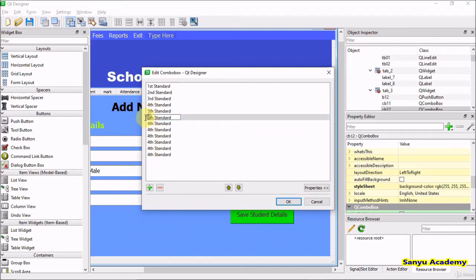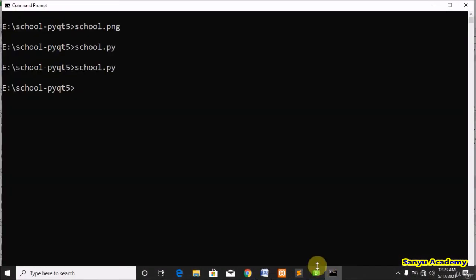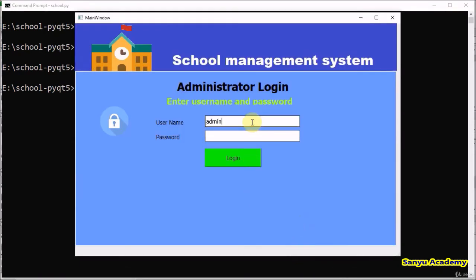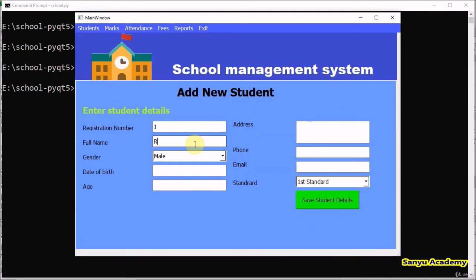5th standard, 6th standard, 7, 8, 9, 10, 11, 12. Okay. Now run the form. Admin. Students, add new students. Student name Ravi R, male student. Date of birth